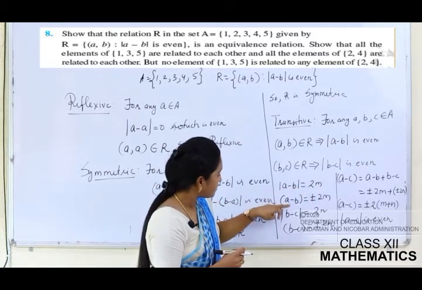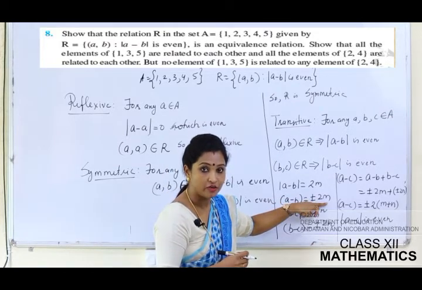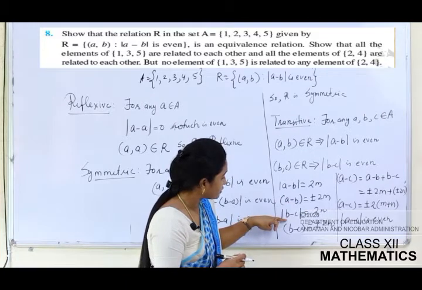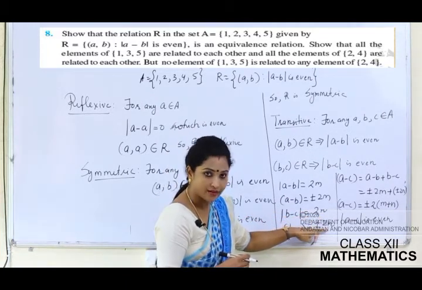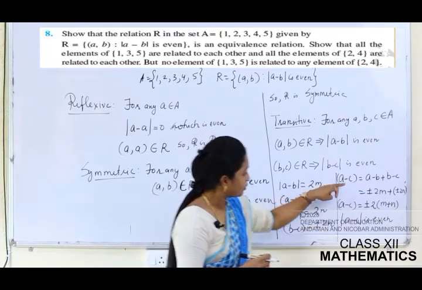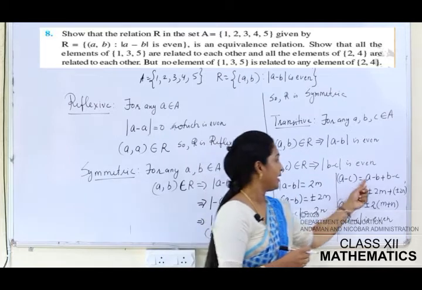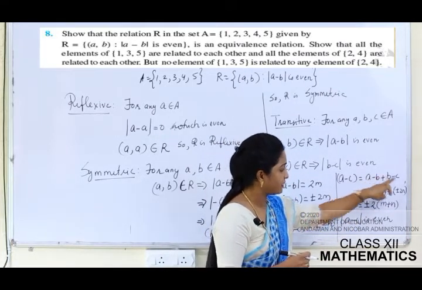ठीक है, जब आप सिर्फ नंबर को लिखेंगे A minus B, that will be definitely plus or minus 2m. Definition of modulus अगर आप देखेंगे तो, ठीक है ना? उसी तरह से modulus of B minus C is 2n. That means B minus C is plus or minus 2n. Okay? आपको क्या चाहिए? A minus C. So A minus C can be written as A minus B plus B minus C. क्योंकि दोनों कट जाएगा तो आपको A minus C ही मिलेगा.